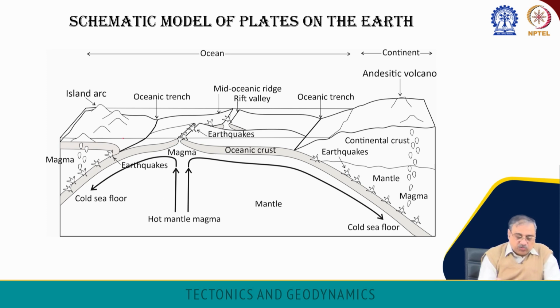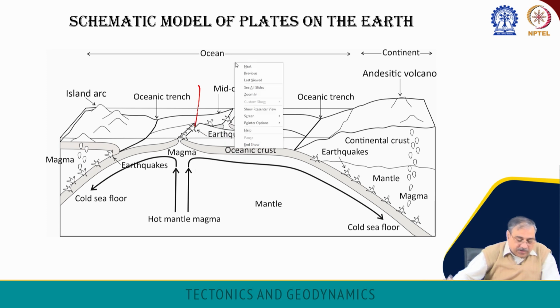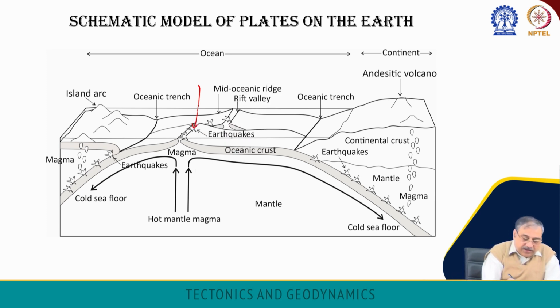So, let us imagine that there might have been two continents together which have been split apart at the mid-oceanic ridge, which is round about here. The mid-oceanic ridge spreads apart. So, you actually have forces pulling the lithosphere apart here. New oceanic crust and new oceanic lithosphere is being generated at these points here